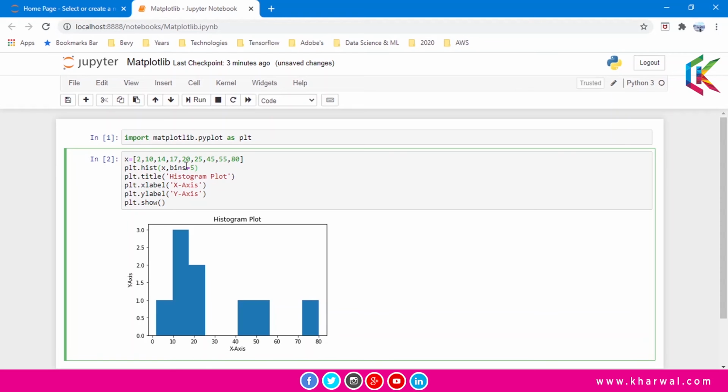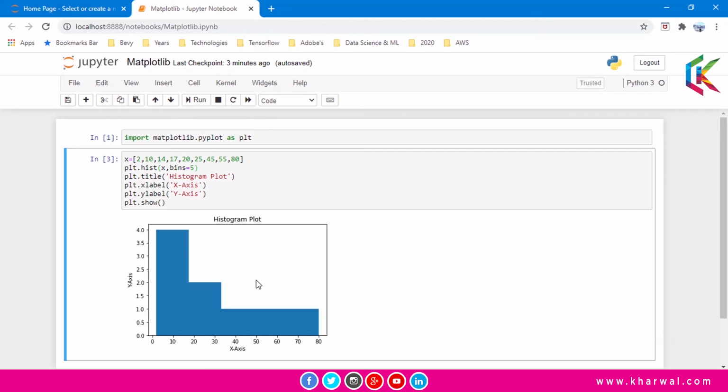For example, if we assign 5 to bins, then it will divide all data into 5 different bins, and it actually tells us how many numbers fell into these number ranges. Now if I run this script, the histogram plot will be like this, and this is the distribution here.